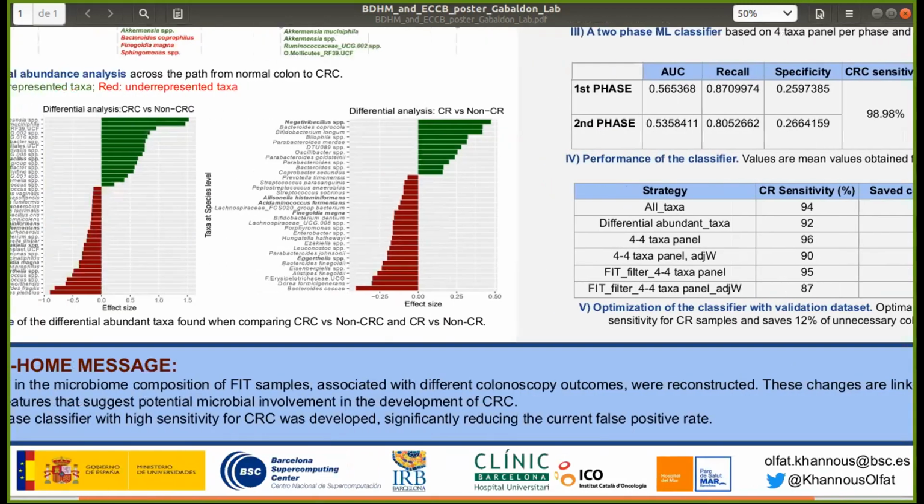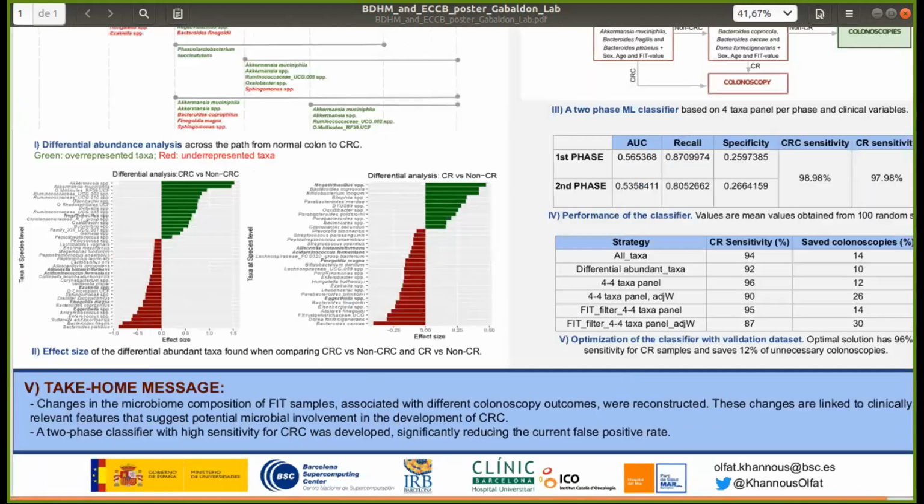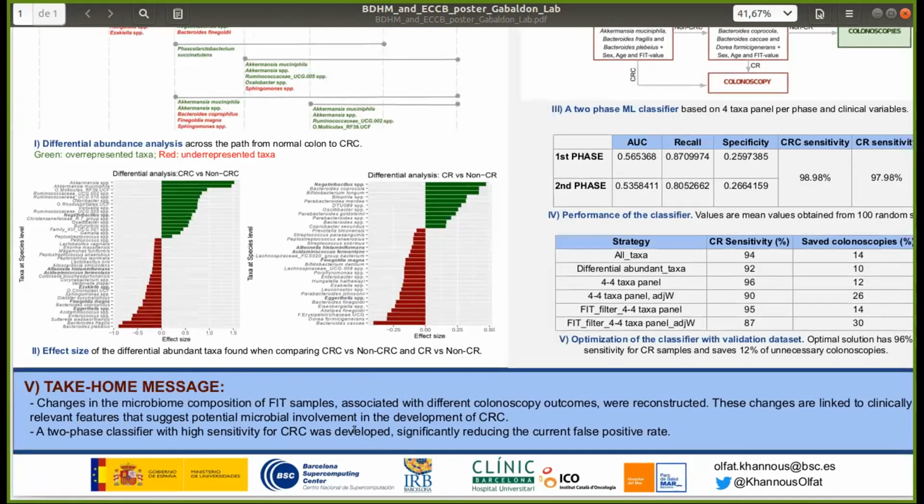All in all, we can sum up this work as follows: we reconstructed changes in the microbiome profiles of these FIT samples associated with different colonoscopy outcomes, and we developed a machine learning classifier with high sensitivity for colorectal cancer and clinically relevant individuals, while significantly reducing the current false